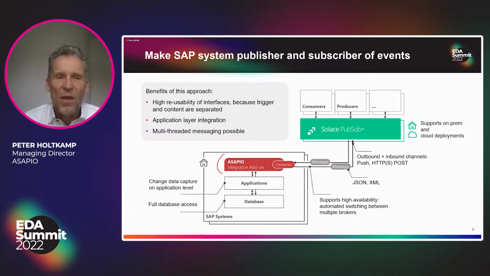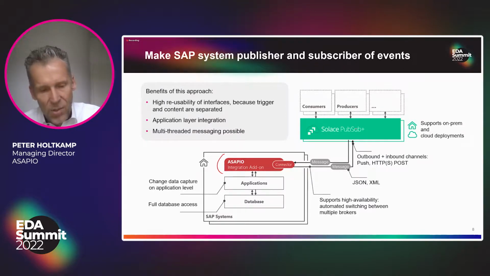What we do is we have the capability to run this multi-threaded. So let's talk a little bit about that, because that has a significant impact on the performance. When you do massive loads, you allocate resources in an SAP system. An SAP system has a defined number of work processes that you can allocate. We are able to run multi-threaded, but we don't run uncontrolled multi-threaded. SAP has an old technology they call server group, which means we define via the server group how many parallel processes we can allocate in order to transmit that data to Solus. So we say you get 40% of the work processes, but you have to keep X percentage alive. So it's really a rule-based engine.